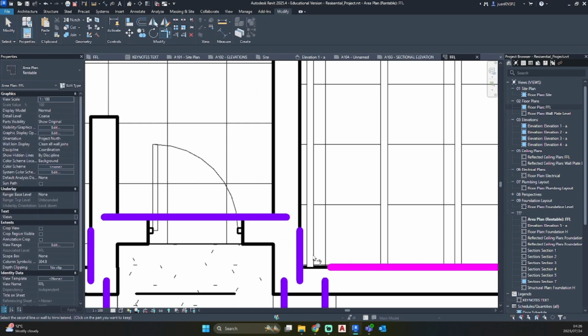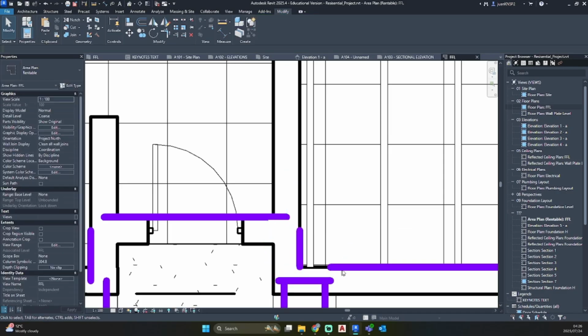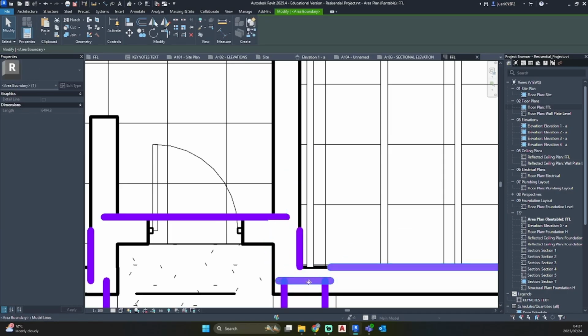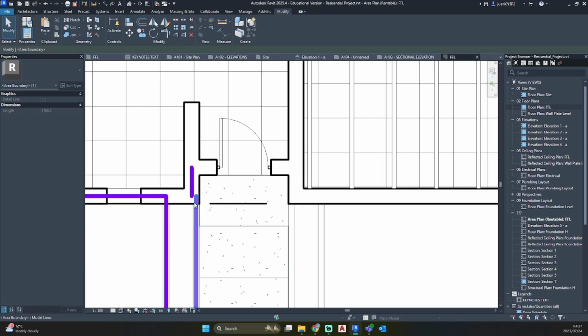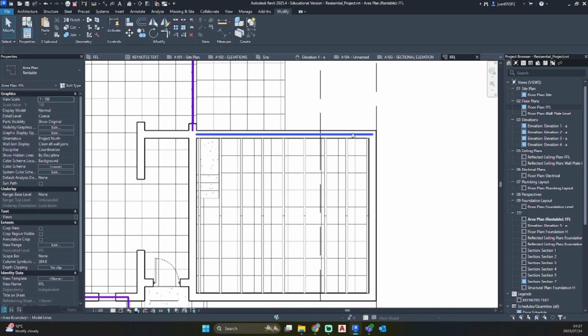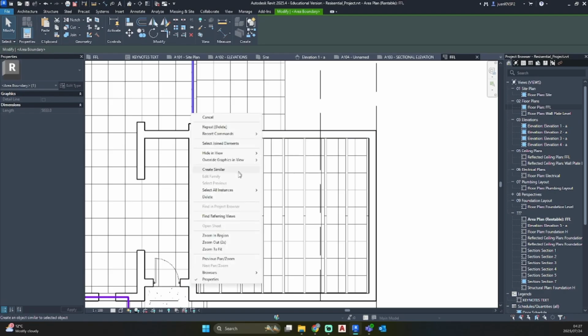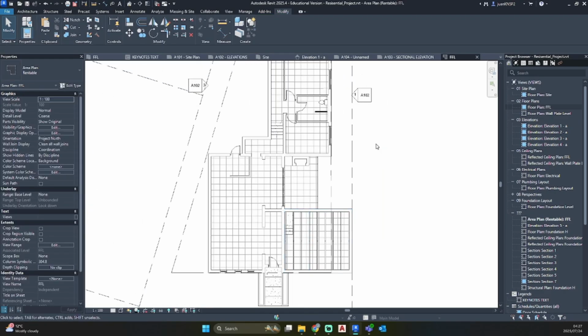So we'll need to go and clean all of this up. But sometimes if you do the auto way, Revit doesn't always know where to put these lines. I'm just going to delete most of them, or all of them, and restart this process.